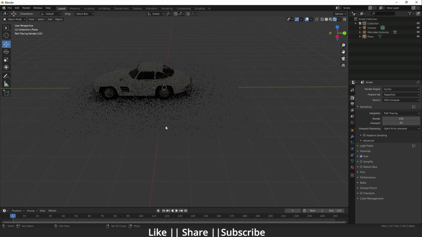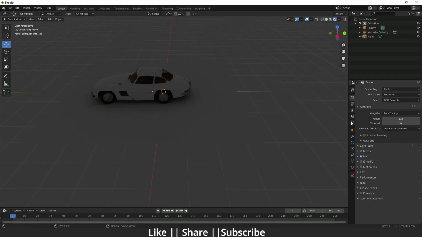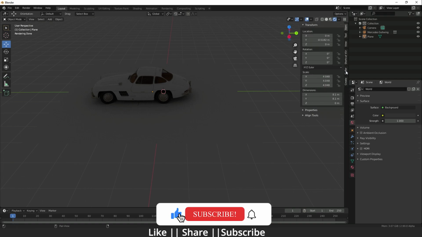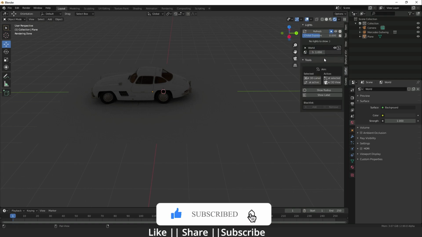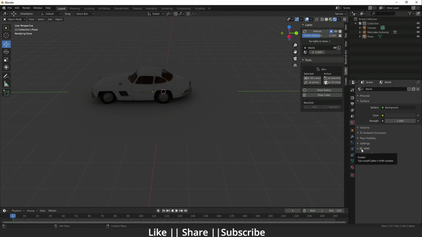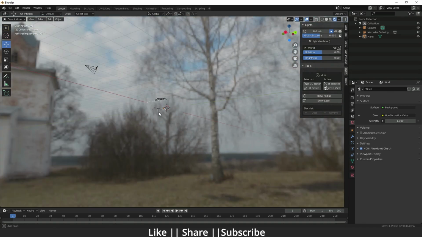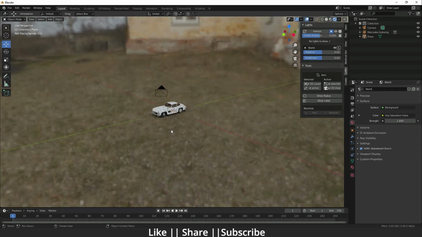Okay, so what we have to do for that, I will go to the World properties, and when I click that, here you can see we have another option. It's called HDRI. You can enable it from here, and you can also press the N key and you will get that add-on. It's called Gaffer here, so you can enable it from here also. So there is no problem, you can enable it from any side. Let's see, I'll just enable it here. When I enable that, you can see we have one HDRI in our scene.